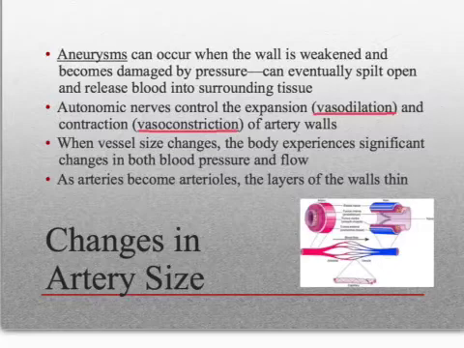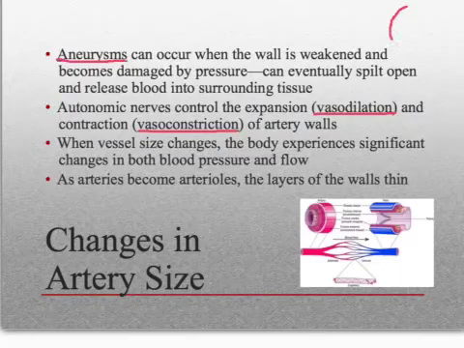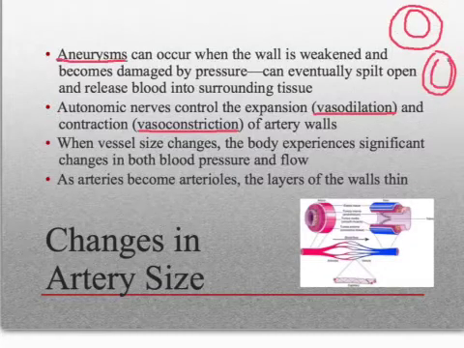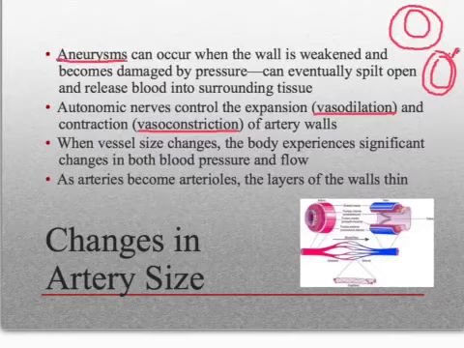There are also some changes that happen that cause problems. So an aneurysm, that's this word up here, aneurysm, occurs when the wall of an artery, usually, is damaged for some reason. The wall might be weakened because of just structural damage, or there can be infection or other things of that nature. And so when the wall of the vessel, if it's supposed to be this thick, say, but we get the wall and all of a sudden we've got one area that has almost no thickness right here,